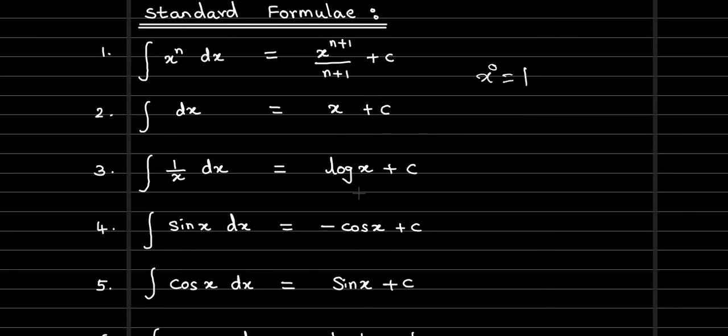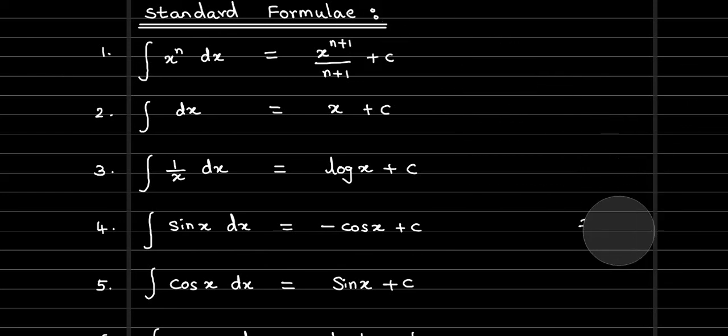In differentiation, the derivative of a constant term is 0. But in integration, the integral of a constant gives x. If we have 1, then simply x. In case the integral 5 dx is given, 5 is a constant term, so we can take it outside. Then integral dx alone is x. It's an indefinite integral, right? In the introduction I told you, in an indefinite integral you will not find any limits. So you need to put plus c. Okay, that's all.